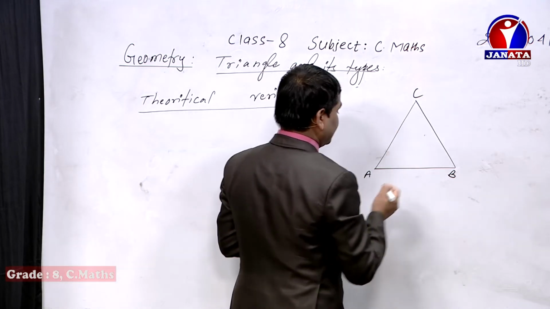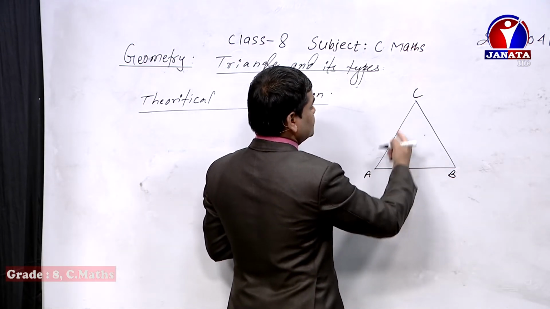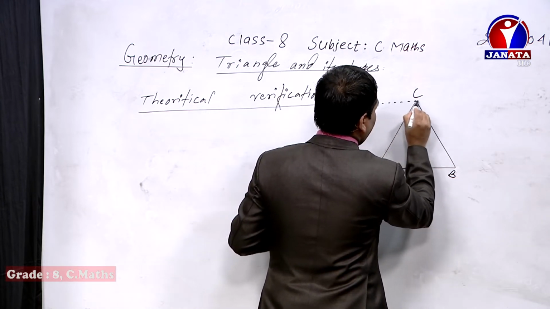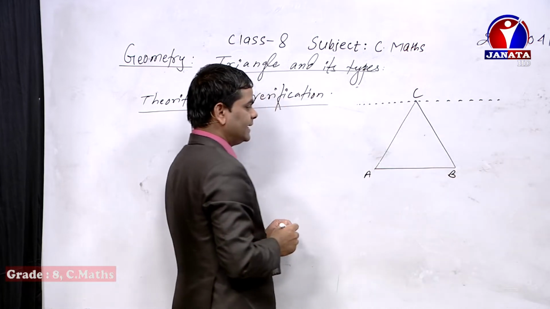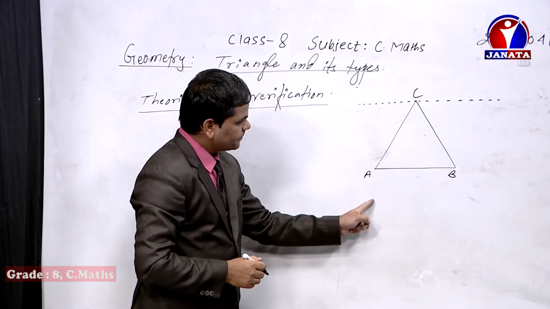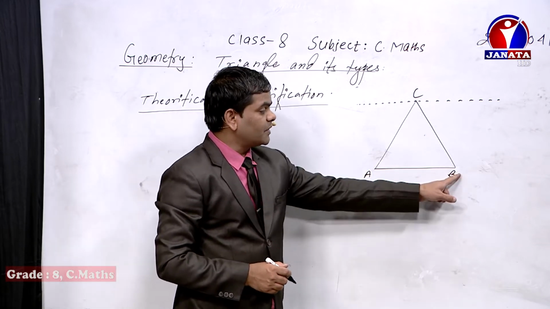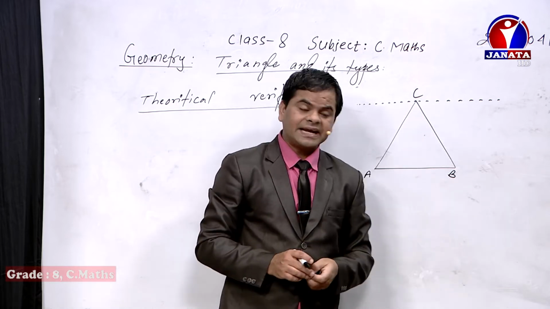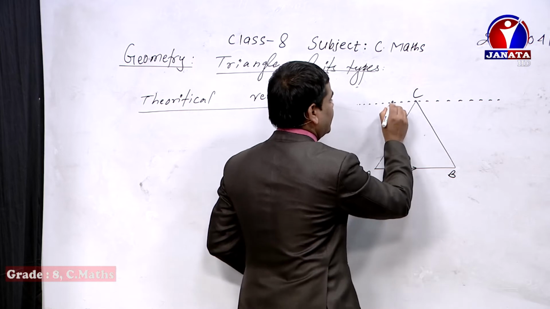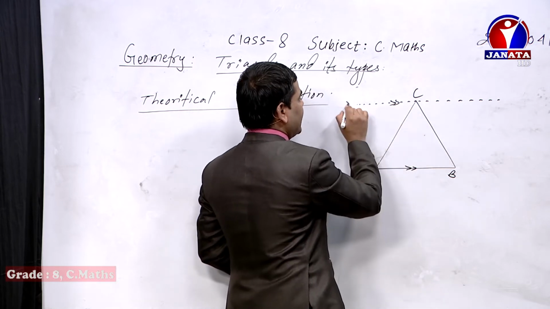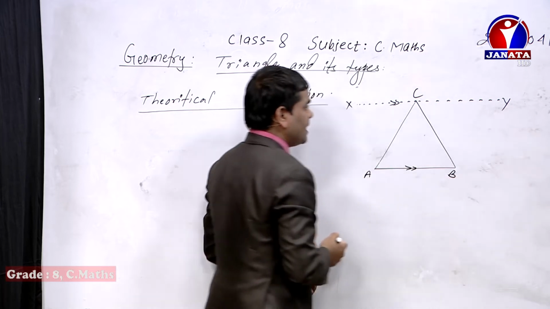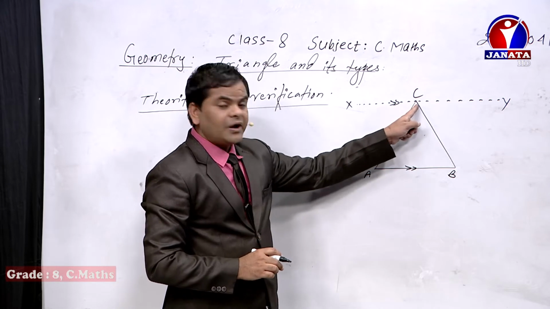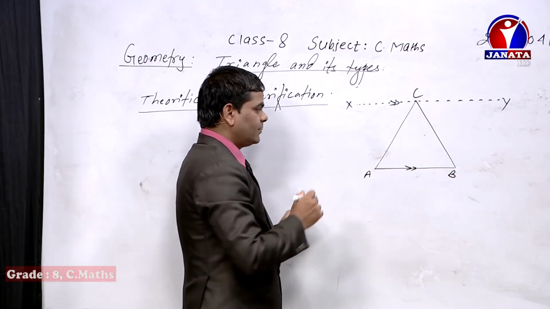So dear students, if you are going to find out the measure of these angles of this triangle, then you need to construct a parallel line through a vertex, through any vertex. Maybe on this side also you can construct it through the point A, or through the point B, or through the point C, but in this figure I have constructed a parallel line to AB, the line XY being parallel to AB, and it should pass through point C.